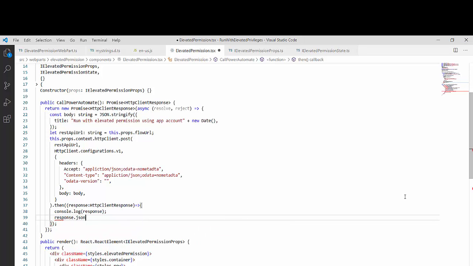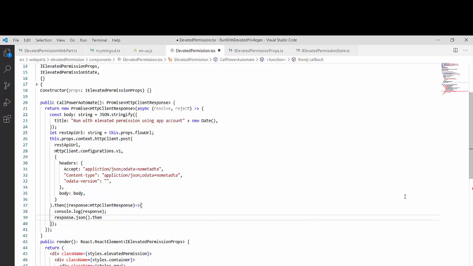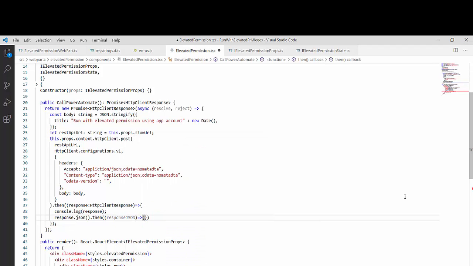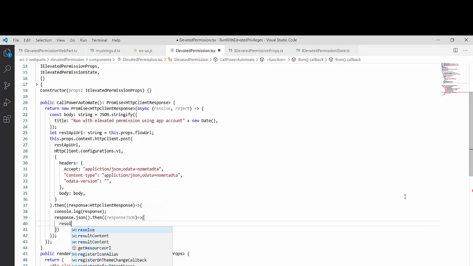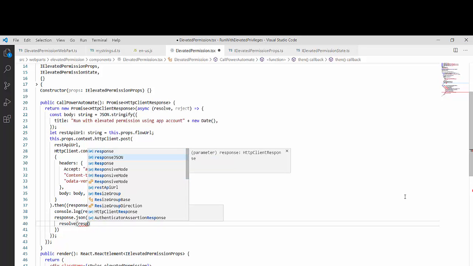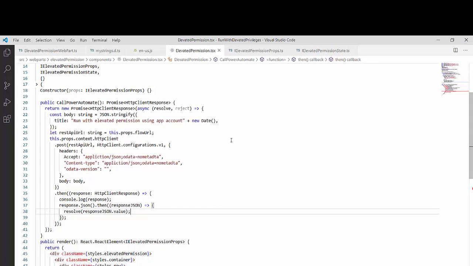I will convert it into JSON format, and once it gets formatted I will do then, let's name this result as response.json, and inside this I will resolve my promise with response JSON.value. So I have completed my code for calling my Power Automate flow.